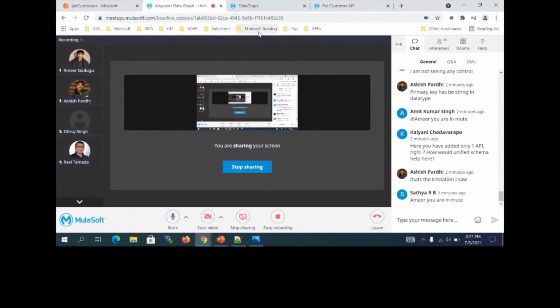Okay, see, even if it is coming as a number or anything, you can convert that into a string. But if it is an actual string and you want to convert it into a number, that is a problem. If it is a number, you can access it as a string. No, it won't come when you're declaring it as a primary key. It won't be visible there. That's the problem. Now you go to your customer details, right?